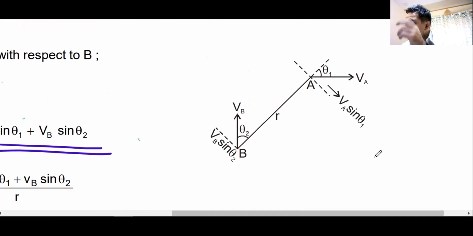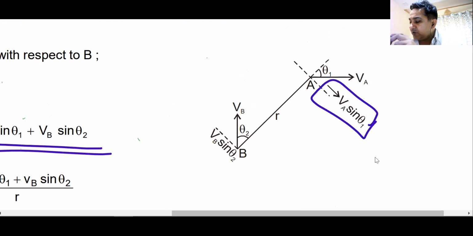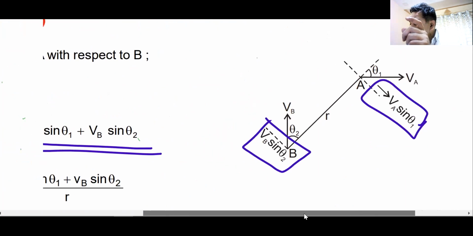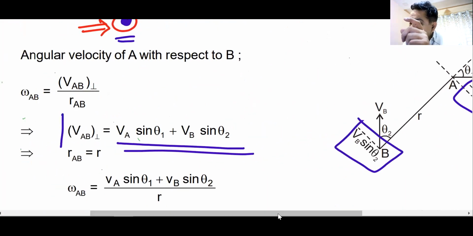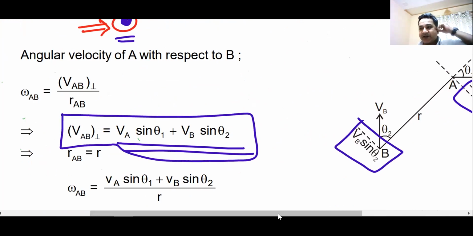Here, this velocity, which is the perpendicular component of velocity of A, is getting added to the perpendicular component of velocity of B to give me what? To give me the perpendicular component of velocity of A with respect to B. Can I have some reason that we understand this, sir? Sir, opposite direction means subtraction. No, sir. It is VA minus VB.